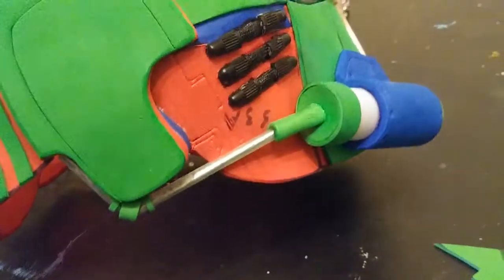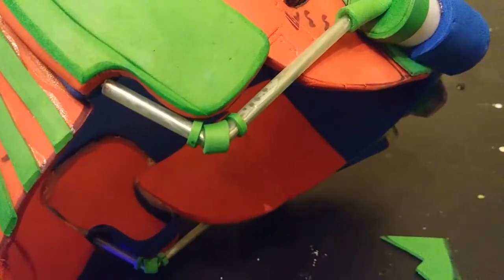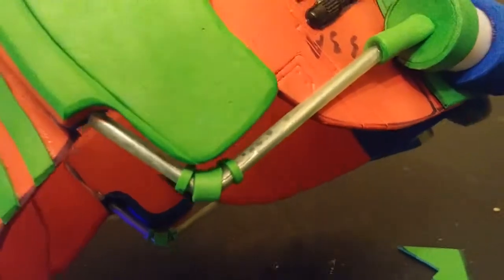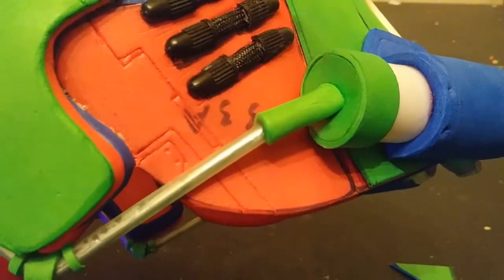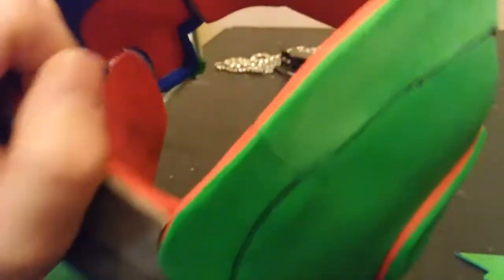Okay, so I found some more scrap tubing lying around, and I put this clear scrap tubing over top of my inner metal wire. And then to get these little corner joint pieces, I just cut out some strips of EVA foam and super glued them to it, and cut out another strip and glued it here. And that's pretty much going to be that for both sides, so that it's all joined and comes up into here. And the inside here, where I poked it through,